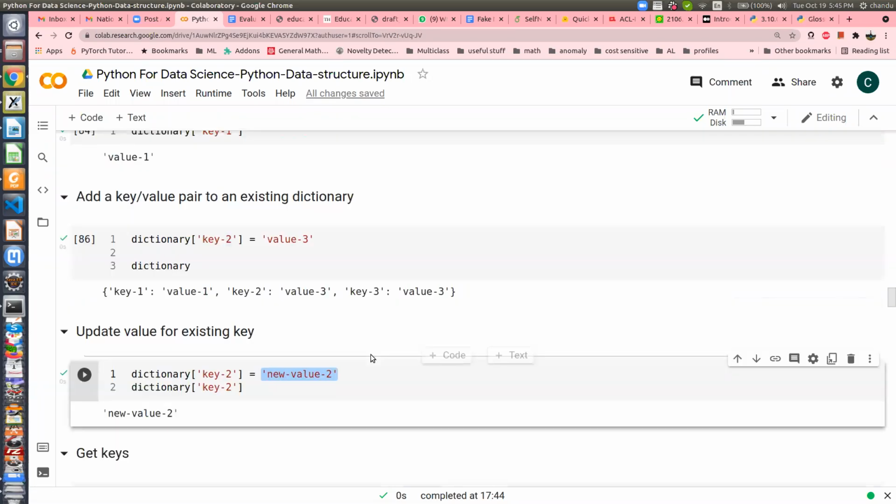One very important thing about a dictionary is that all the keys should be unique. This is a very subtle thing. If you notice here, all the keys are distinct: key 1, key 2, key 3. They are unique. How about the values? Are they supposed to be distinct? Values can be repeated. The value can be the same, but the key should be distinct. You can think of keys as the roll number of a student. No two students can have the same roll number. Similarly, in a dictionary, no two keys can be the same.